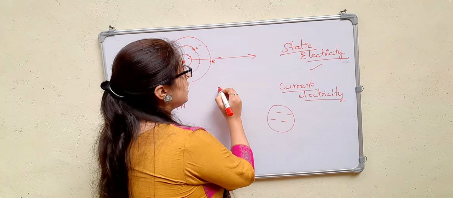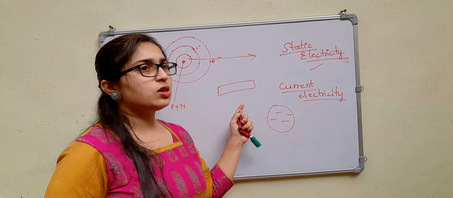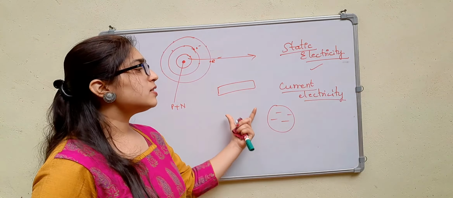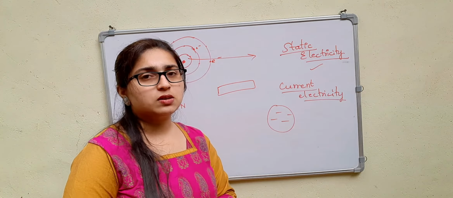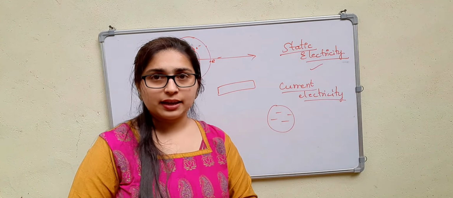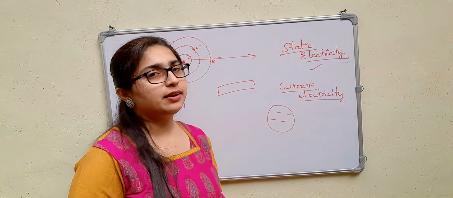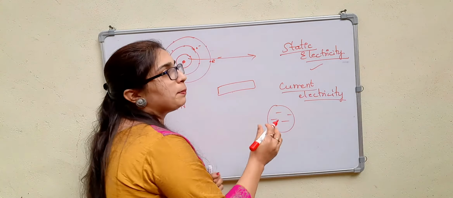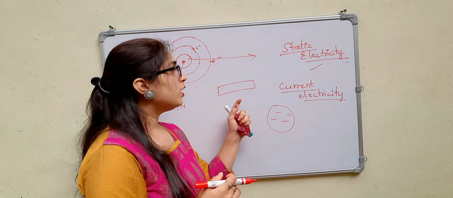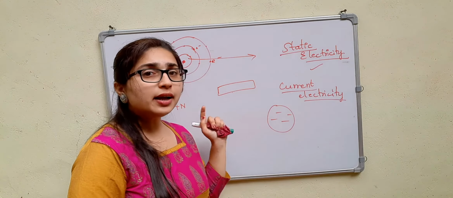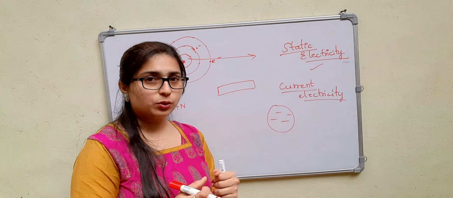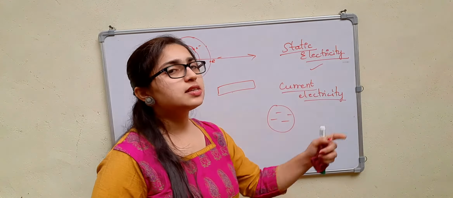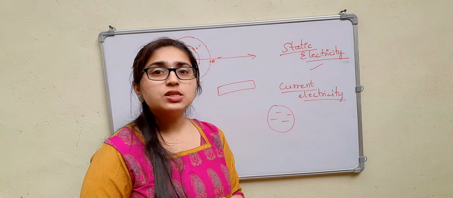Similarly, consider a glass rod. If it is not rubbed with wool, it is an uncharged object. Bring this uncharged object near the pieces of paper. What happens in that case? It doesn't get attracted. There is no force of attraction between those two. But now rub it with wool. It will be charged now. Then place it near the pieces of paper. You can find attraction between them, right? That is the static electricity where the charges do not move.